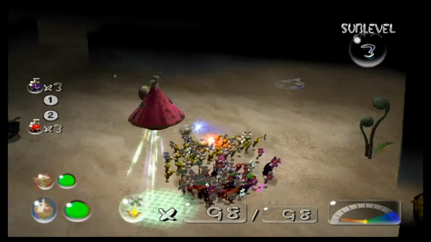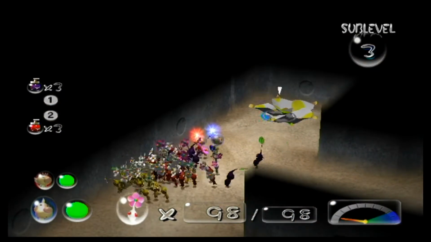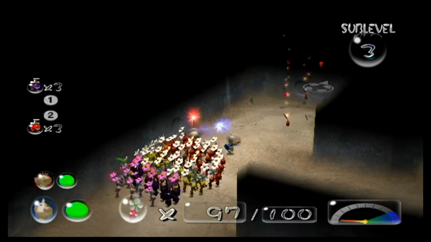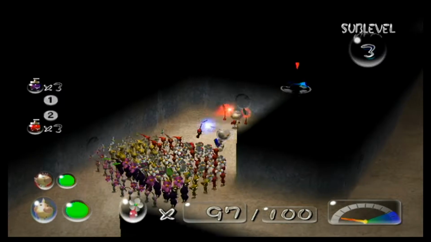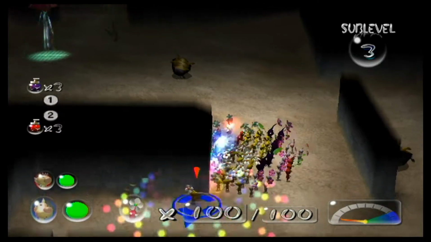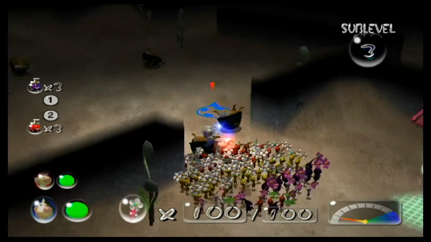What was I saying? Oh yeah, this thing. This flower changes between red and yellow. If you throw a Pikmin in, it can become more Pikmin based on the color of the flower when you threw it in. I believe it can produce up to 10, or it'll max you out at 100. Okay, so